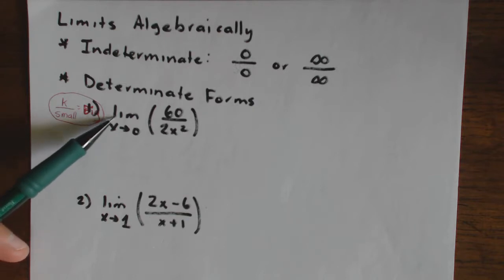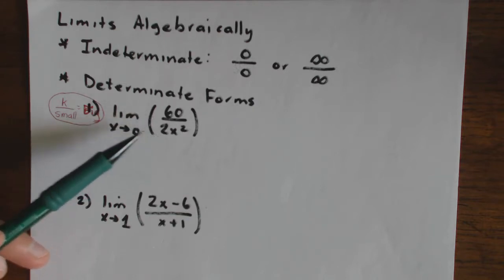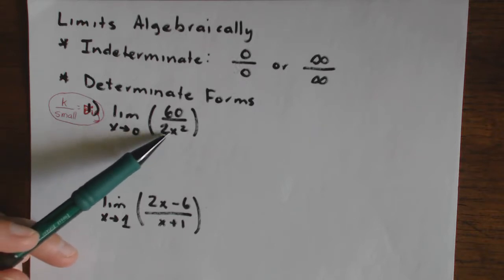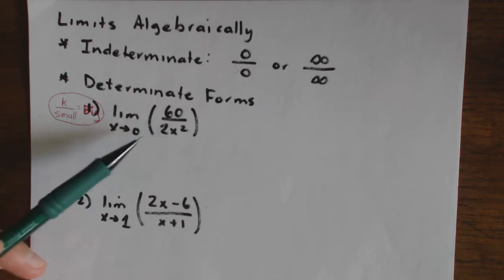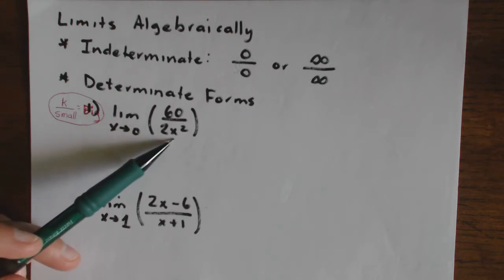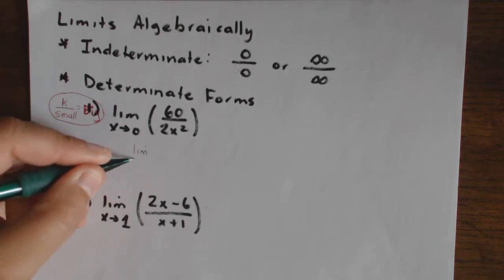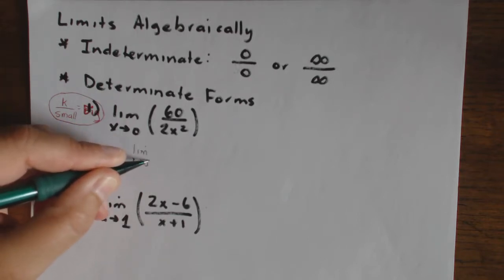and the first one I wanted to look at is the limit of 60 divided by 2x squared as x approaches 0. So you can't put 0 in here because you get an undefined value. And so what you have to do is you have to find this limit as x approaches 0 from the left,